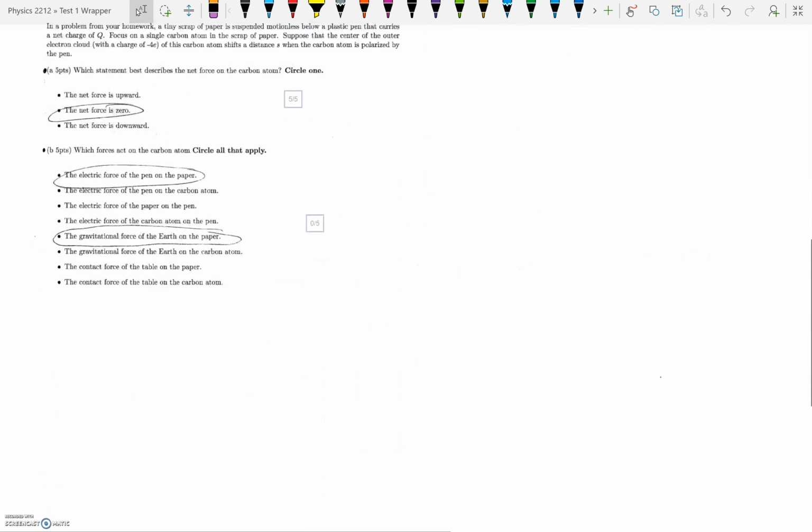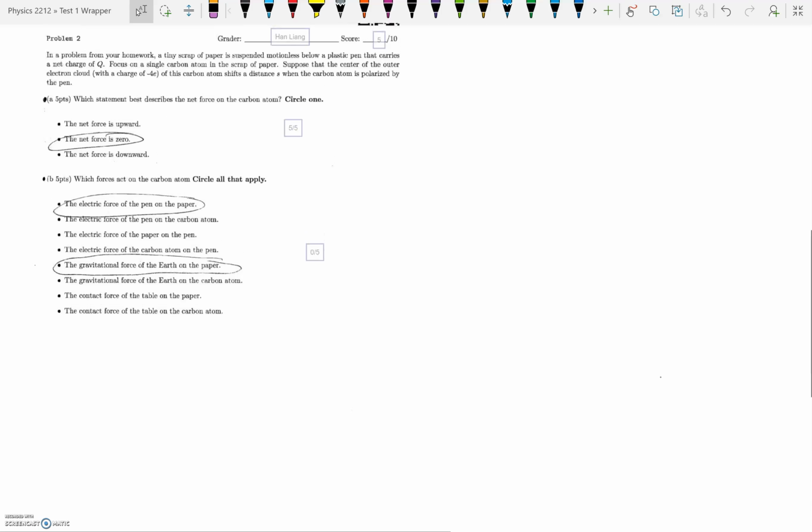Okay, so for this one, the reason I got it wrong was because I didn't pay attention to what it said at the end, which is which it should be the forces on the carbon atom, not the forces on the paper. But just to draw the diagram, essentially you have,